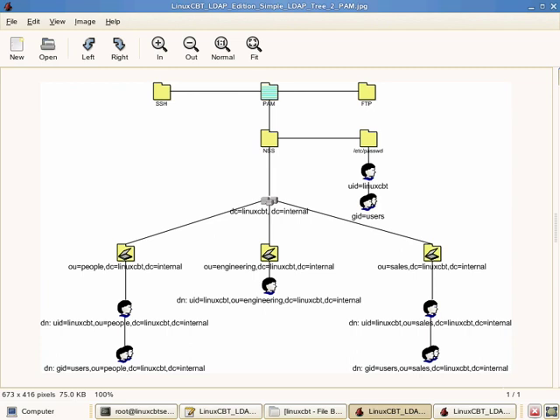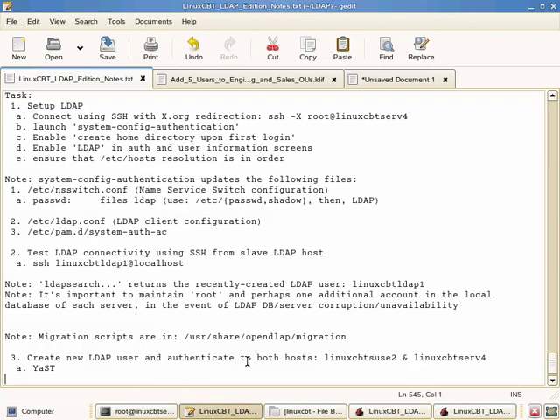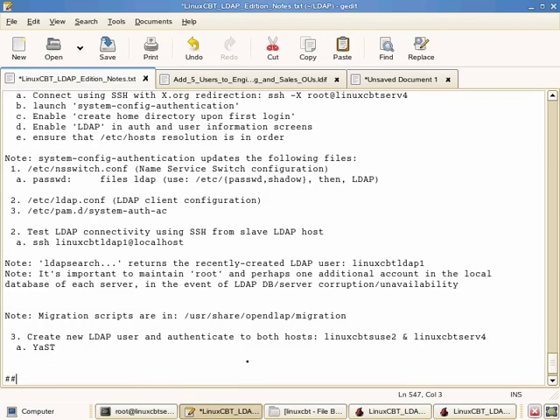Now that we've set up both servers for LDAP, let's look at migrating local users from /etc/passwd to the LDAP master server, which will of course subsequently replicate the items to the secondary servers. So in this section we cover migration from local /etc/passwd to LDAP. Migration of local accounts, which basically means /etc/passwd,